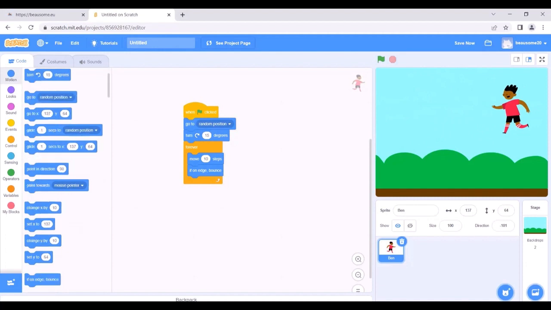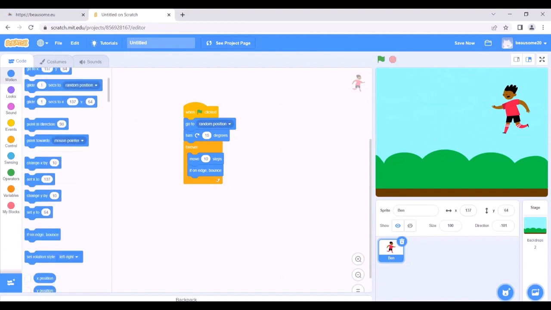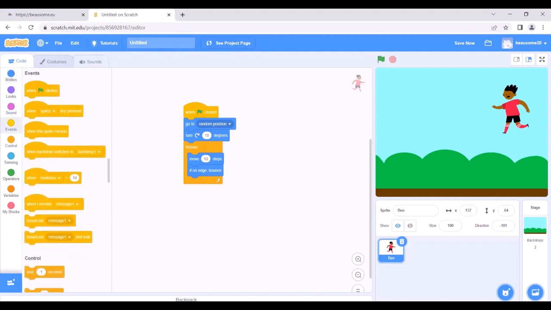I can change X or Y. I can set X or Y to a certain number. Then I can go to events, and from here the important block is when green flag clicked, then do something. So you can see that the first block that we add to our program is this one.